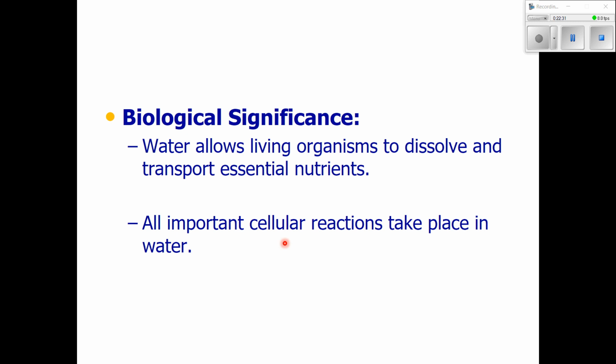So if it was not for this property of water, most of the chemical reactions in your body would not work. But the main biological significance of this property, number 2, is that water allows living organisms to dissolve and transport essential